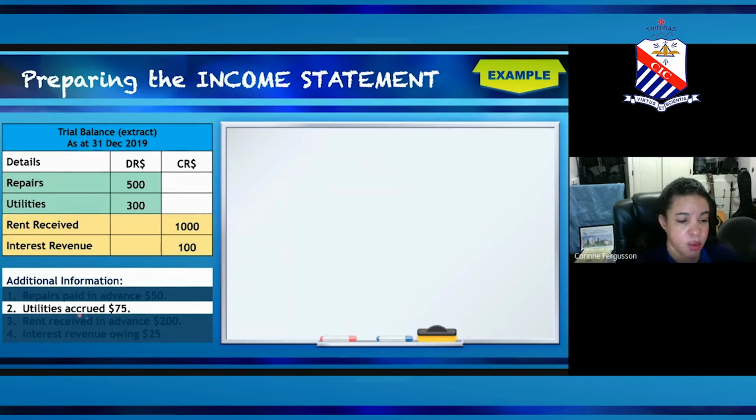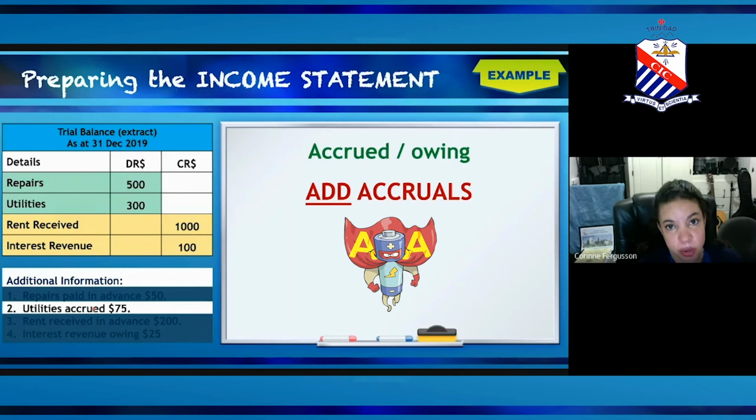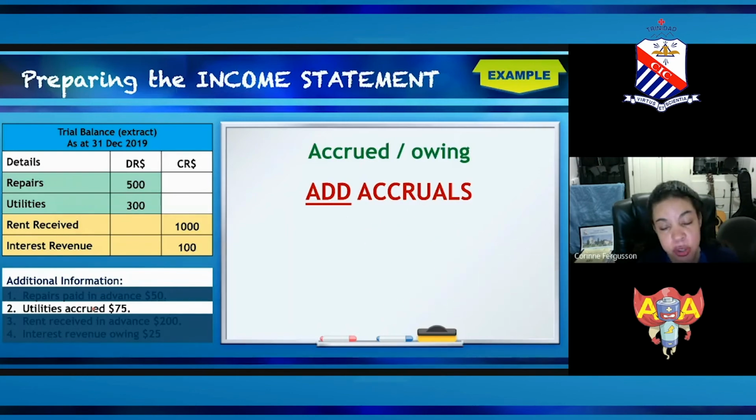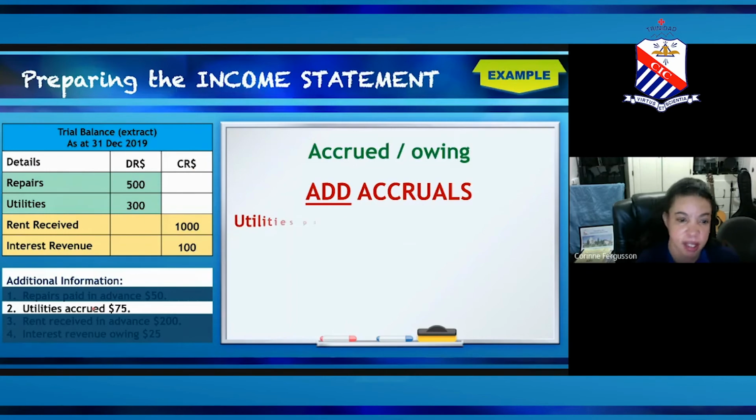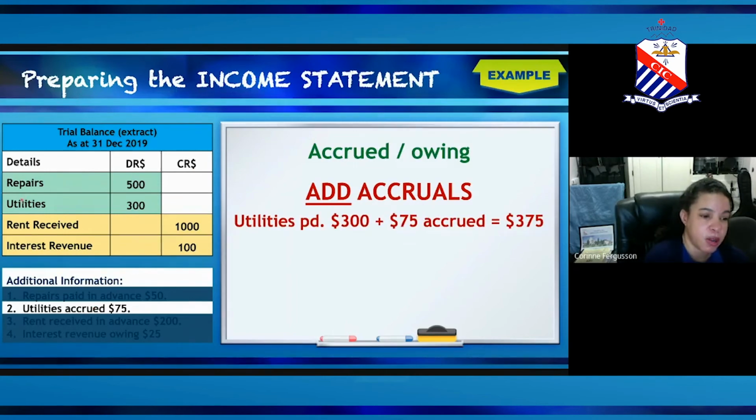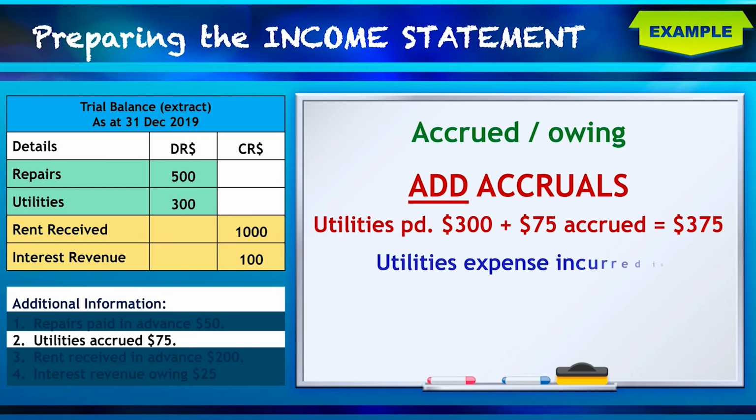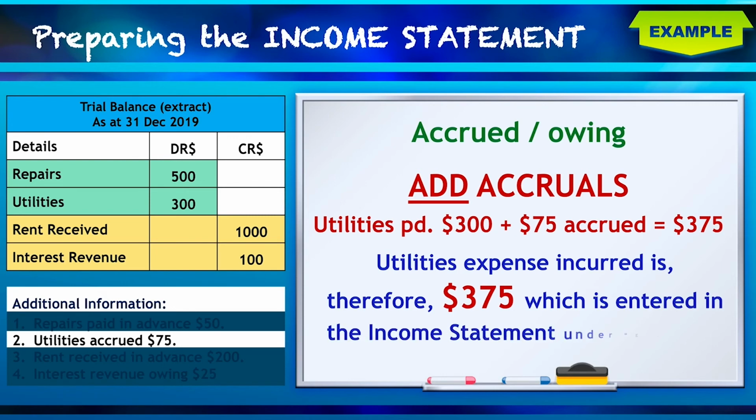Utility is accrued. What is accrued? It's an accrual. What do you do with accruals? You add them. You add accruals. You're AA battery man, right? So add accruals. So what you're adding the accruals to? The amount paid, which is in your trial balance, $300. This amount paid, you're adding your accrual. How much is your accrual? $75. So when you add that, you get $375, and that is the amount that is incurred and goes into your income statement,